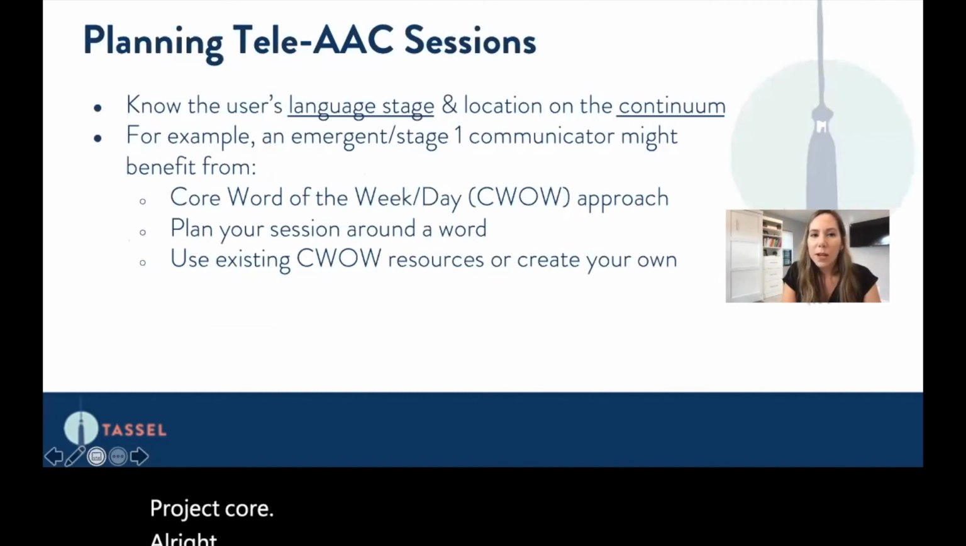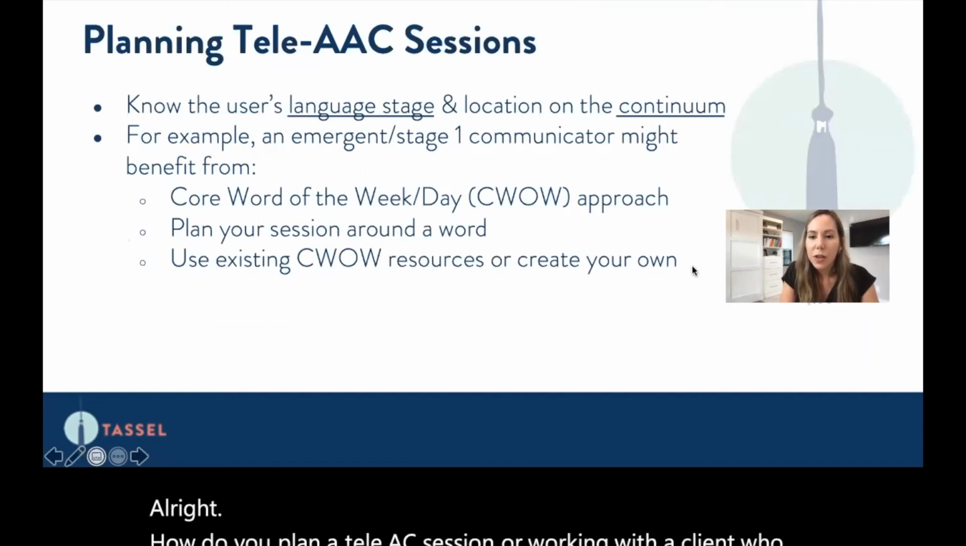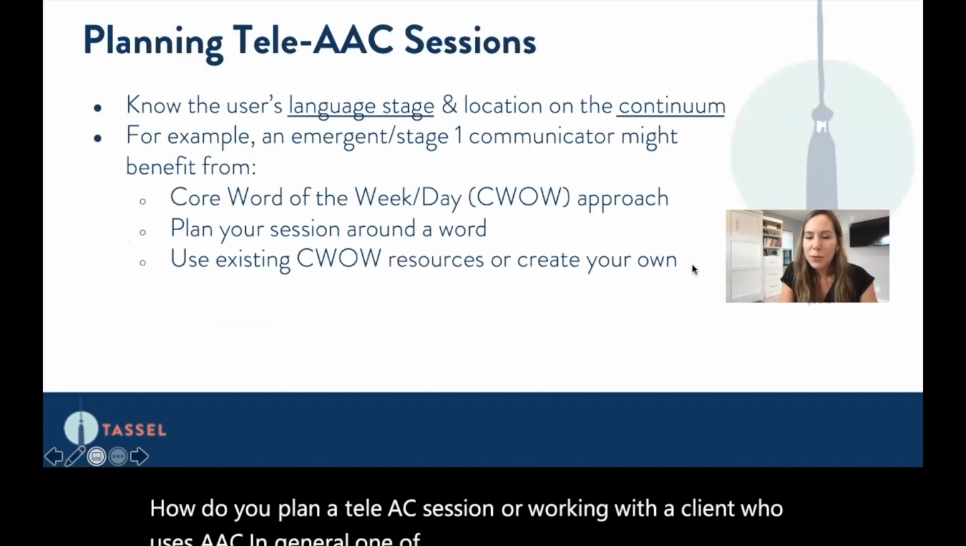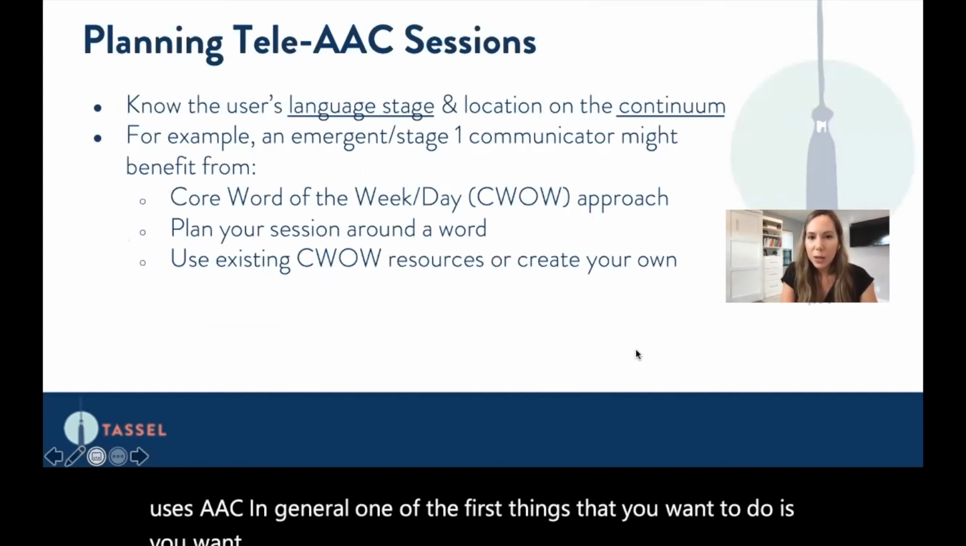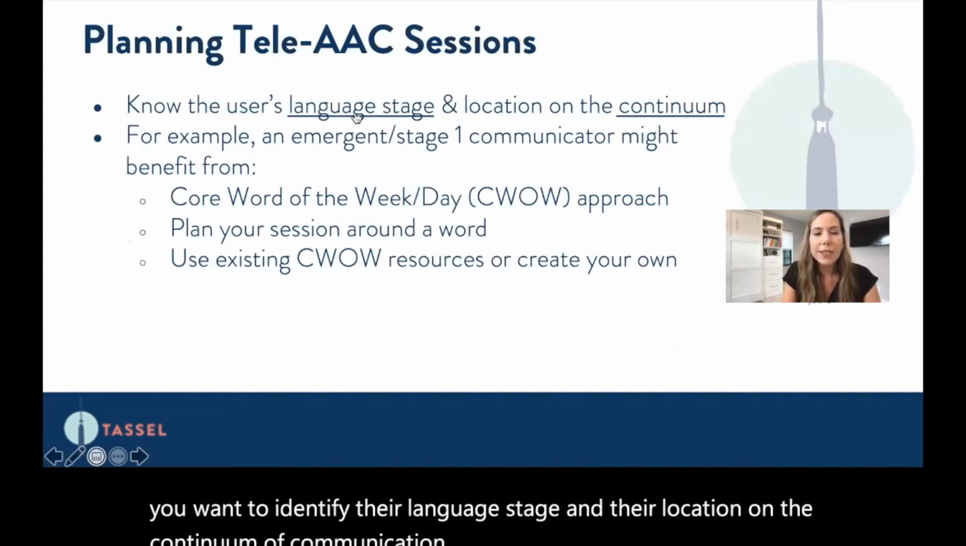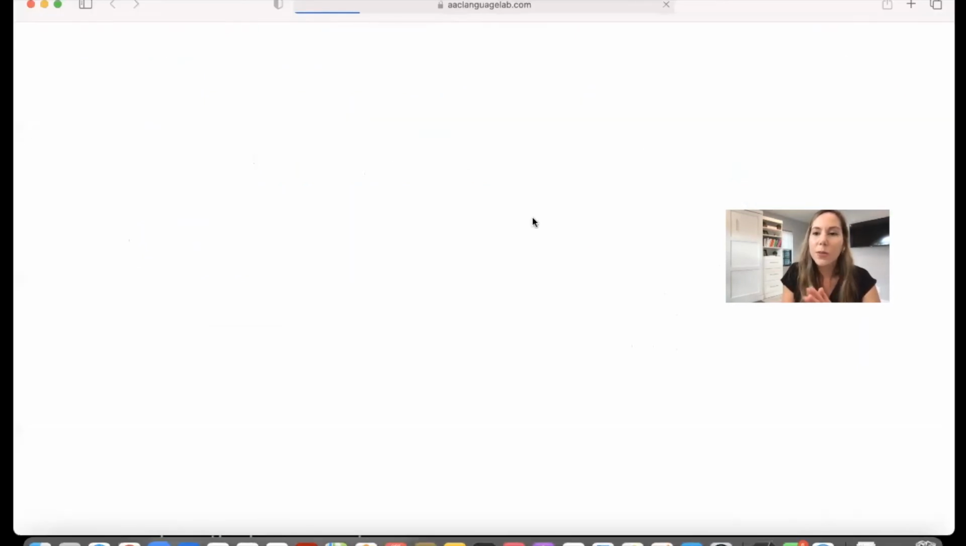So how do you plan a Tele AAC session, or working with a client who uses AAC in general? One of the first things that you want to do is identify their language stage and their location on the continuum of communication independence. So I'm just going to share the language stages with you. These were actually